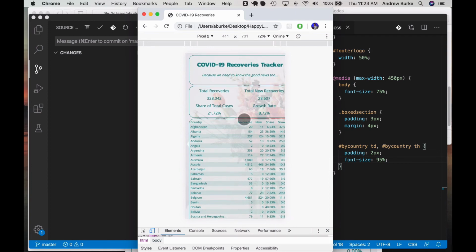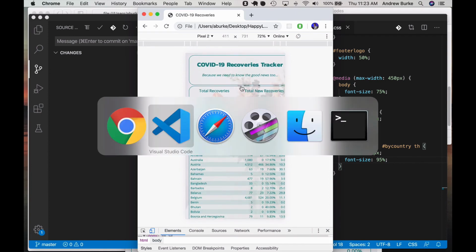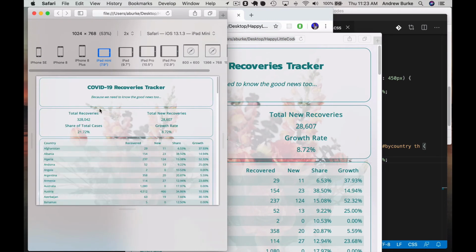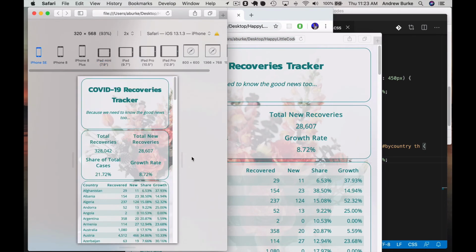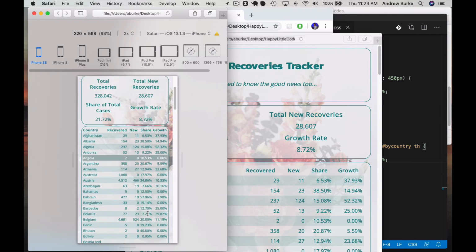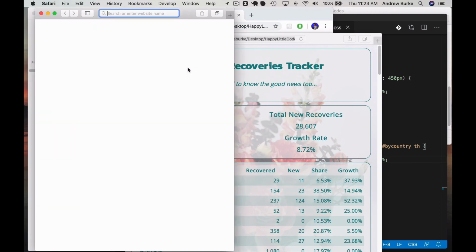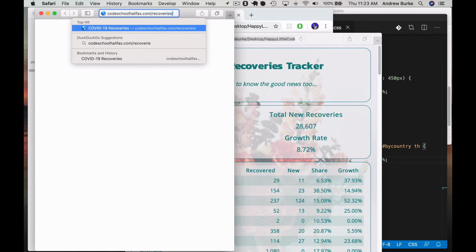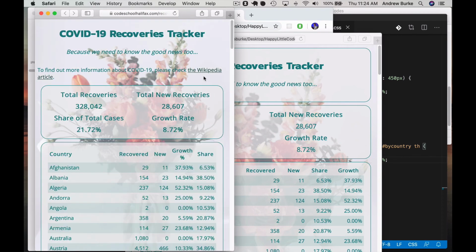So you've got to figure that out yourself. But you can see here we're making some progress, making things look good, look better responsively than they would without any of these changes. Okay, so if you want to always look back, you can go to Code School Halifax recoveries,